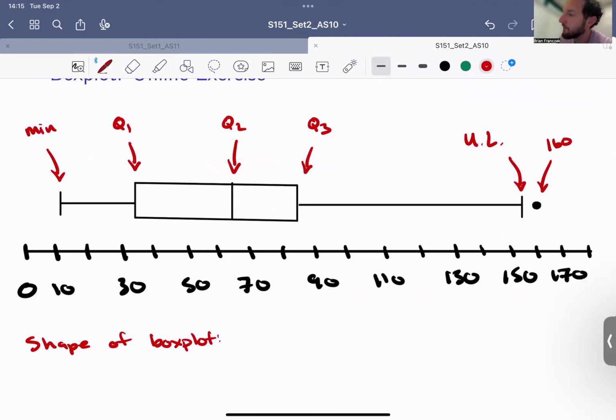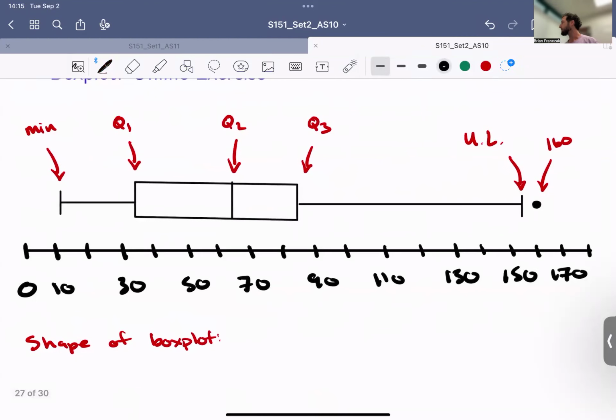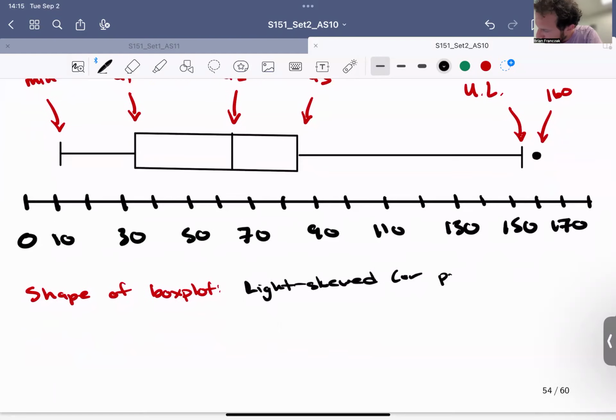Well, remember, from a box plot, we can determine the skewness or the symmetry, but we cannot determine modality. So from this box plot, all we can say is that the shape of the distribution of the data set is right skewed or positive